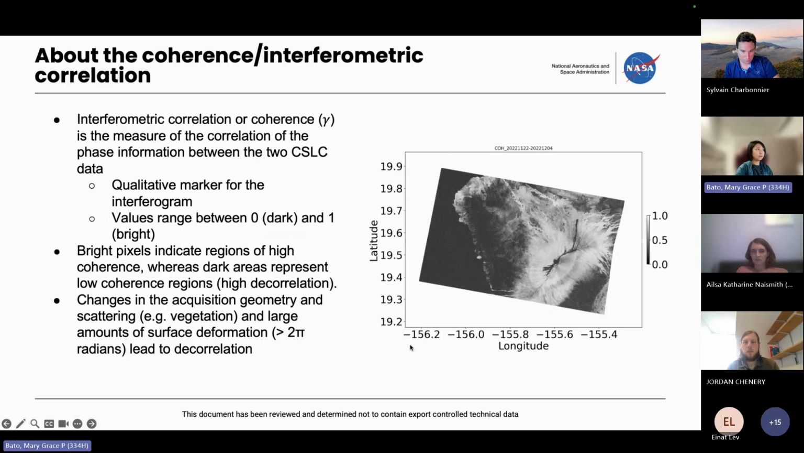Okay, so about the coherence, or the interferometric correlation. Coherence is the measure of the correlation of the phase information between the two SAR images, or in this case, two CSLC data. It is normally used as a qualitative marker of how good the interferogram is. The values normally range from 0, which is the black or dark color here, to 1, which is the bright ones. Bright pixels indicate